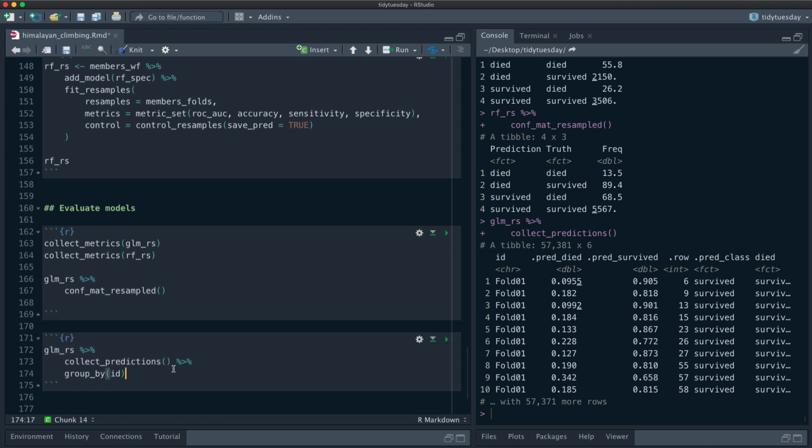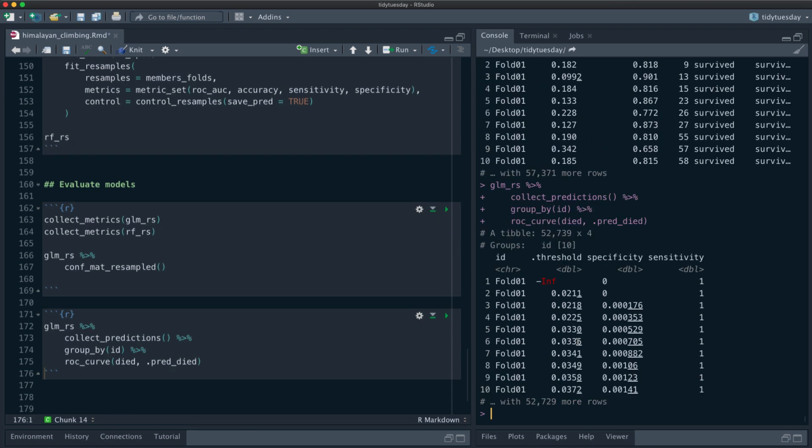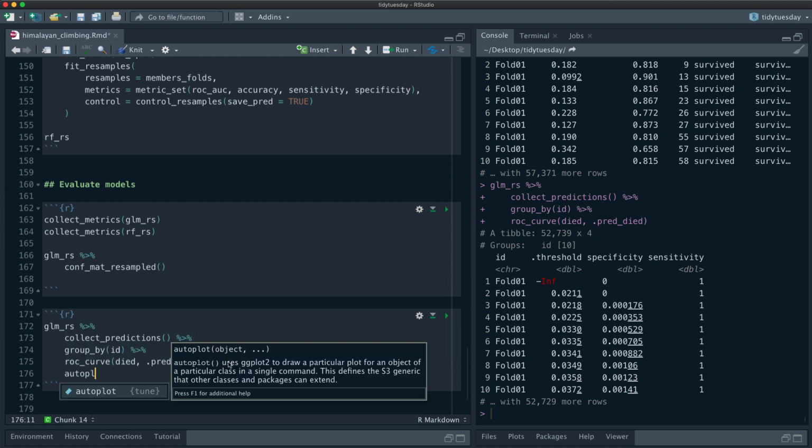So if we group by ID, we can make an ROC curve, with died as the real truth, and then the predicted probability that they died. So we have 10 ROC curves here, and we can pipe this to autoplot